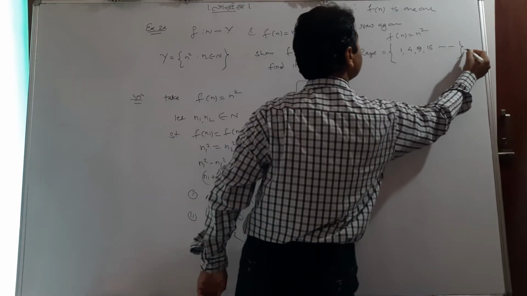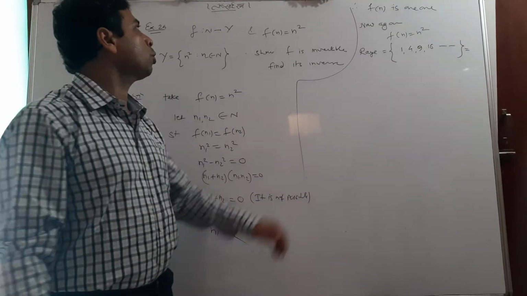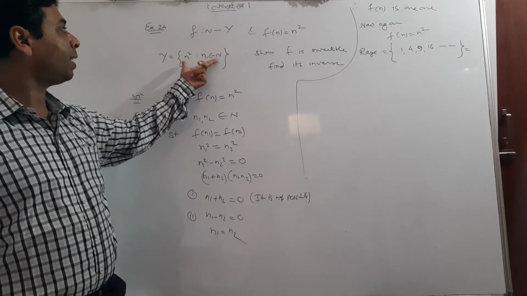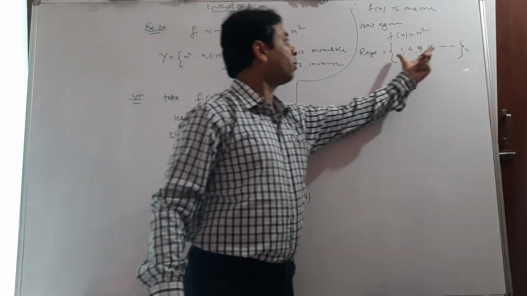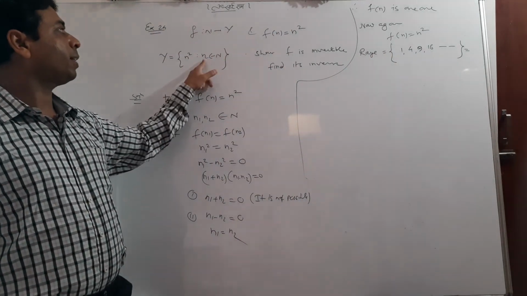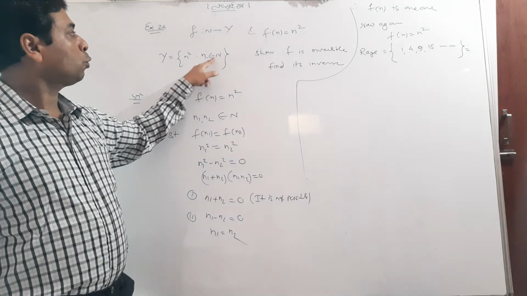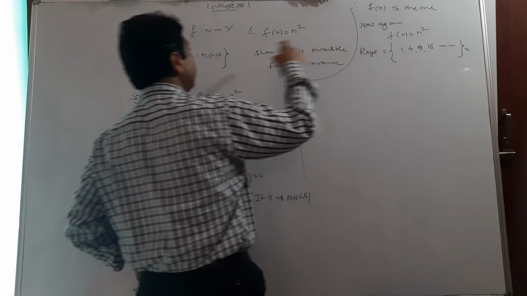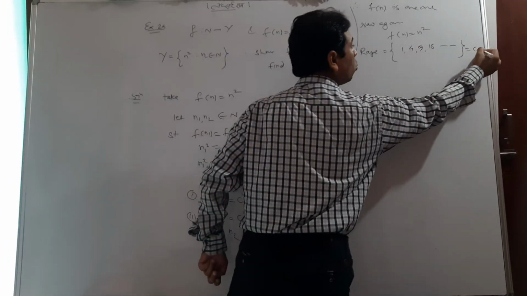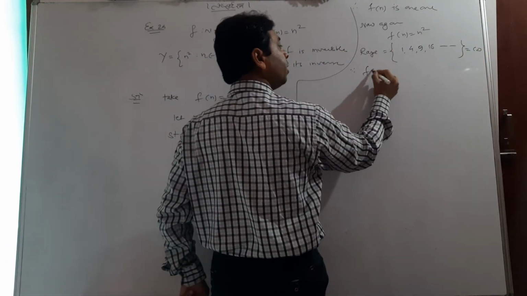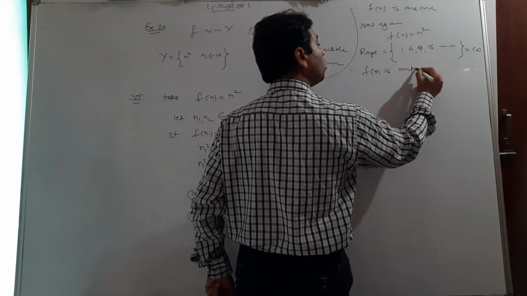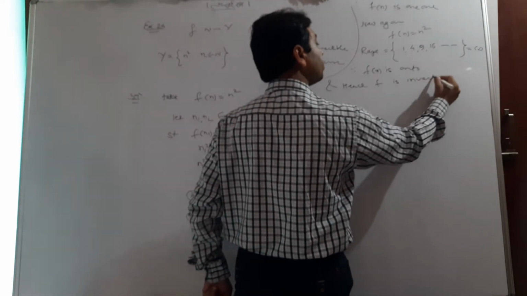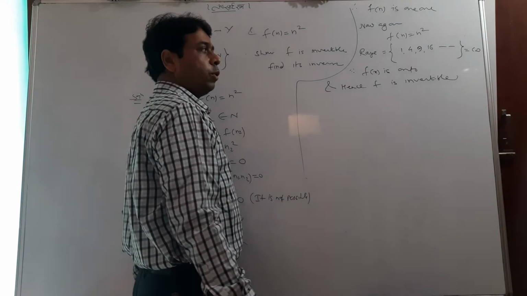Now tell me, what is this? This is equal to the codomain. So what is the codomain? Y. And why is it defined like that? So I ask you, are this and this the same or not? They are the same. Why? When n is a natural number, put 1, get 1. Put 2, 2 2s are 4. Put 3, 3 3s are 9. Meaning same. When range equals codomain, meaning the function is onto, and hence the function is invertible. This function is invertible.